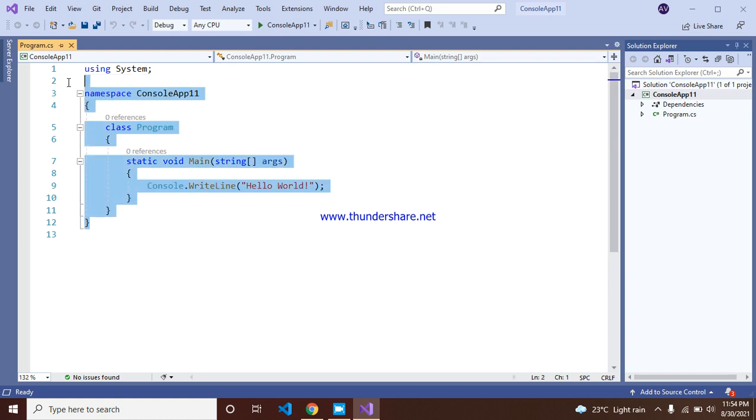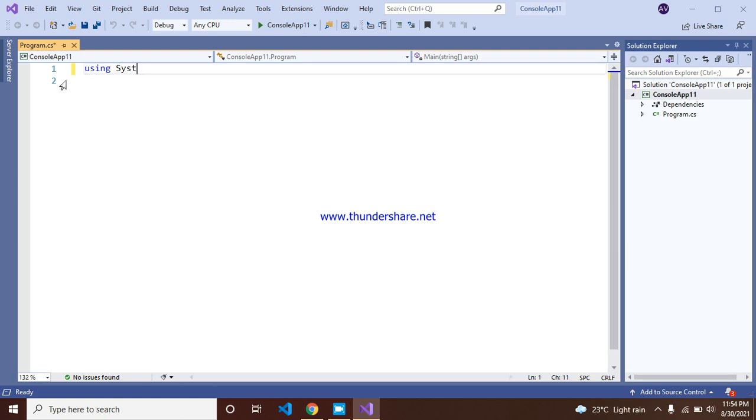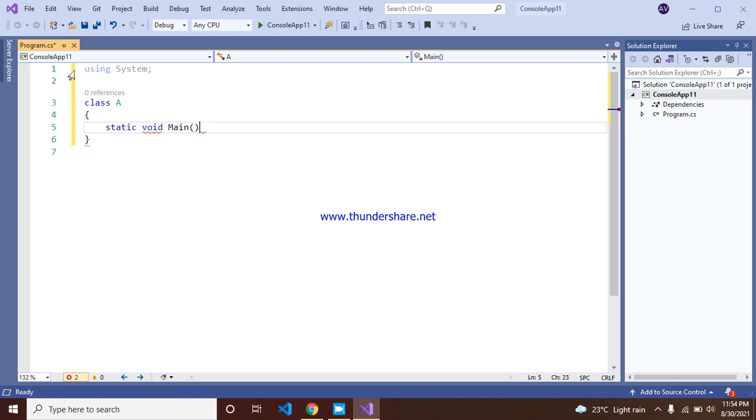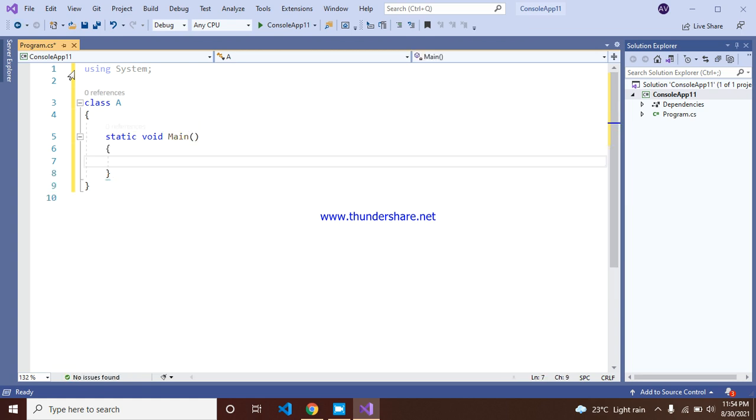Today, I will demonstrate what escape sequences are and what verbatim literals are. Every C# program has a basic structure like this. Firstly, write using System. This is the namespace, I have already told that. The class name can be whatever you want. After that we write the Main method. Every program in C# starts in the Main method only.